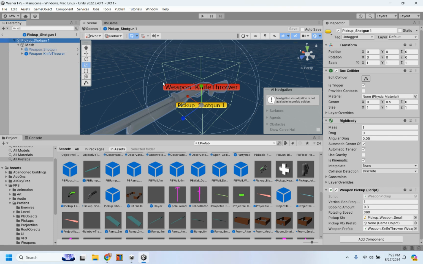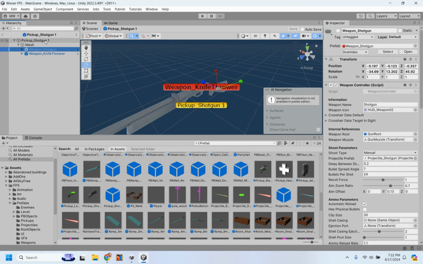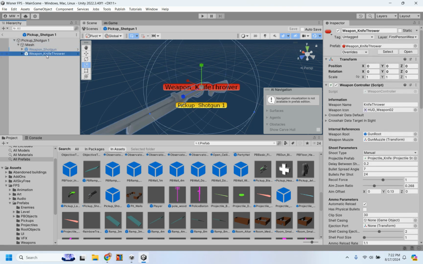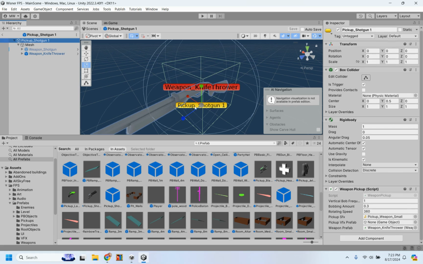Oh, it's just smaller. The collider's smaller. That's why it's not working. So since I'm using a much bigger gun, I would want to change the size of the collider. That's all. Okay, so obviously I haven't talked too much about colliders yet with you guys, but you can change